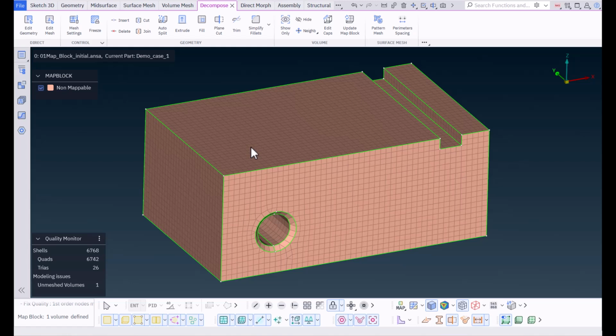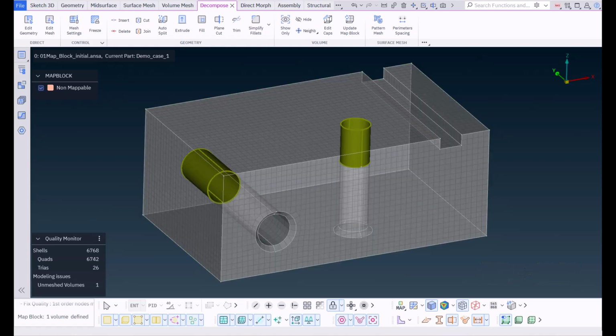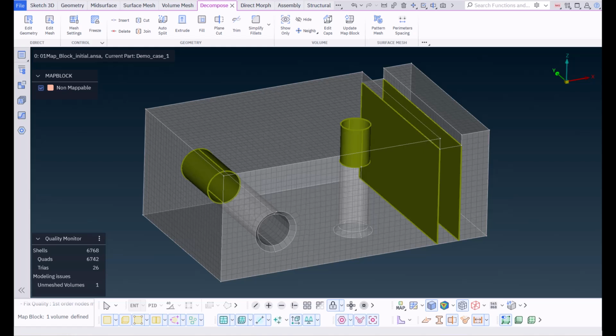It creates splits by recognizing cones that, when extended in a specific direction, form closed volumes. In this model, extending the cones at the bottom of the holes can form closed cylinders across the entire width of the part. Similarly, extending the cones at the step area on the top right side creates closed blocks. The extension on the left cylinder is perpendicular to the XZ plane, in the Y direction, while for the right cylinder and the steps, it is perpendicular to the XY plane, in the Z direction.